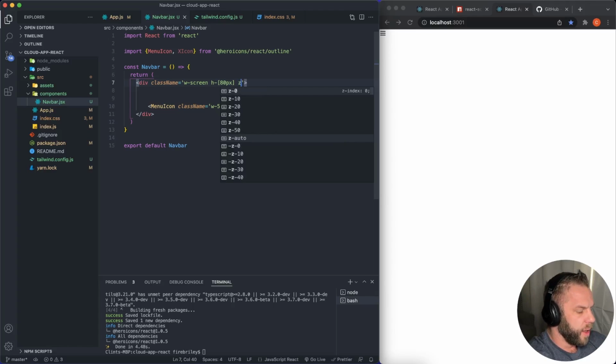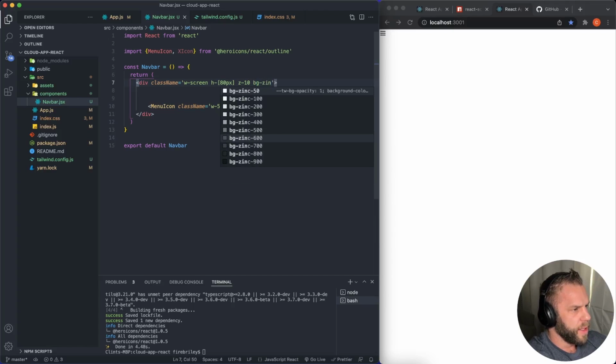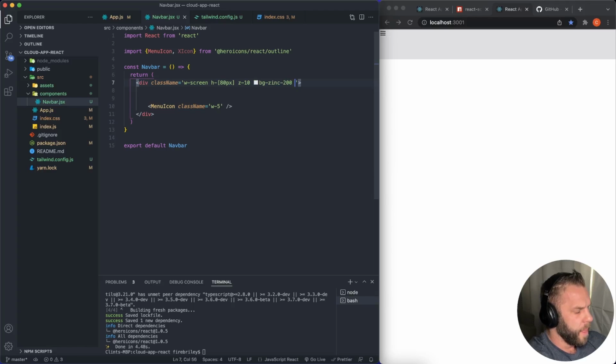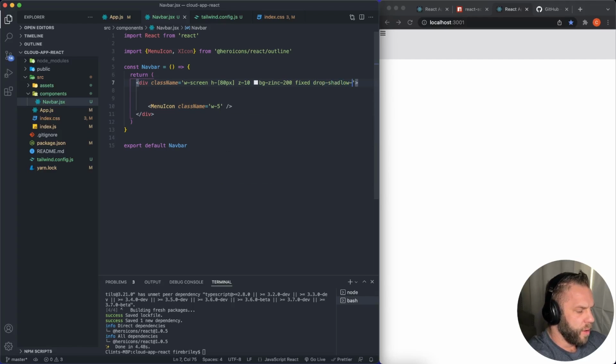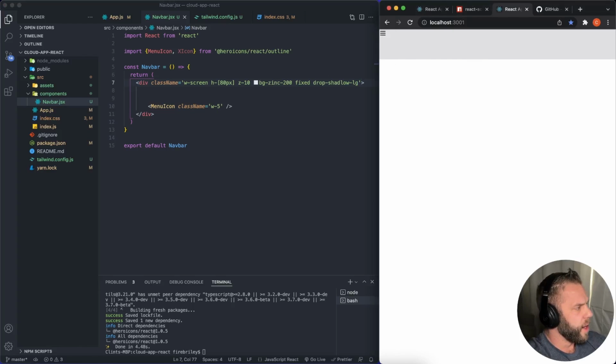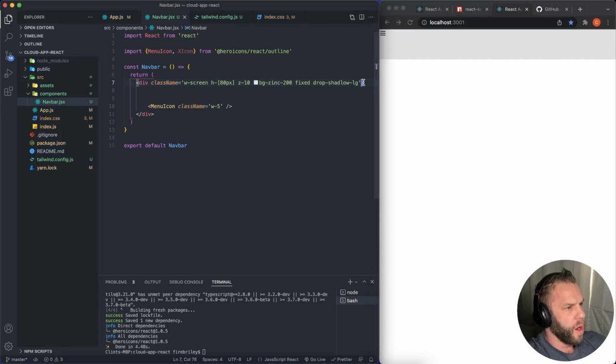We also want to do a z-index of 10. There we go. And we're going to give this bg-zinc-200. There we go. We want it to be fixed with a drop shadow of large. That's right, what we want right there. Perfect. Now for our next div here,